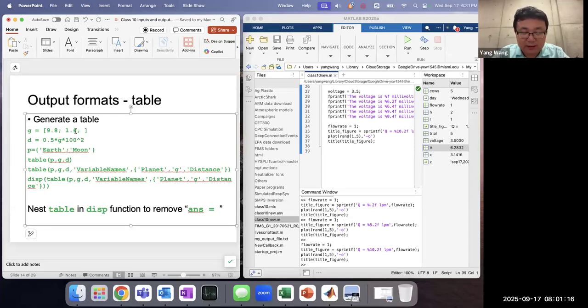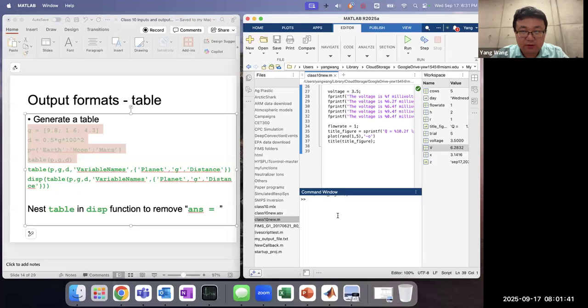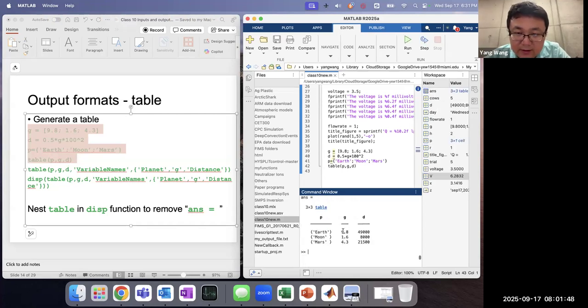If I recall correctly, the gravity of Mars is 4.3, right? So then you can type in Mars, right? So basically the P here, the G and D, you can use whatever variable you want, right? And then the P here, this is the column title for the table. And then you can export everything by this table function. So let me just quickly put it here first,